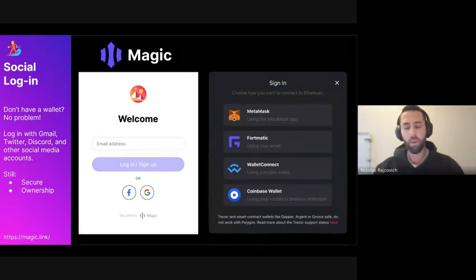So if you really want to own your assets, you still can. Doesn't matter if you log in with Twitter, with Discord, with Gmail, Facebook, LinkedIn, Twitch. All of those options are going to be available, and this is going to be really scalable and will really help us scale in terms of getting new users to come to this amazing platform,